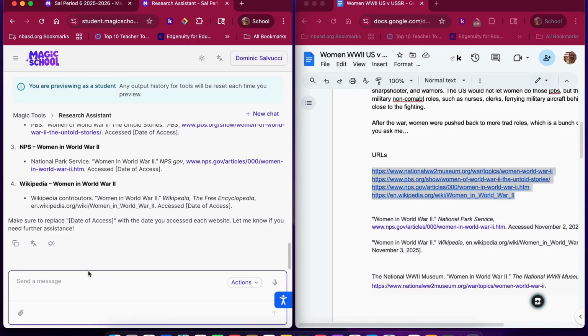I give it. And it says down here, make sure you replace date of access, where it says here, date of access, on the days that I looked at these websites finding the information. Sometimes that will show up, sometimes it won't. I don't know why it changes. It just does. What you'll do is go in on your Google Doc and